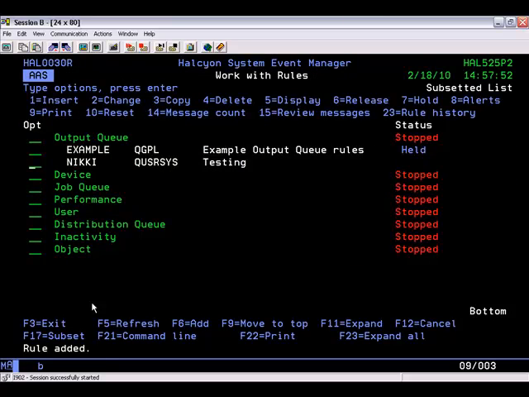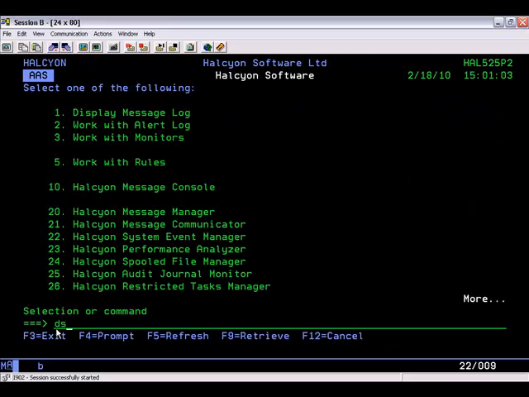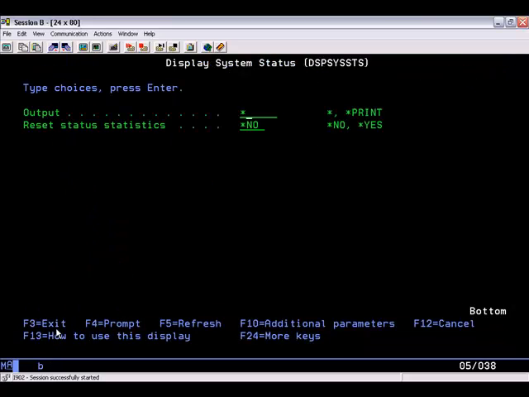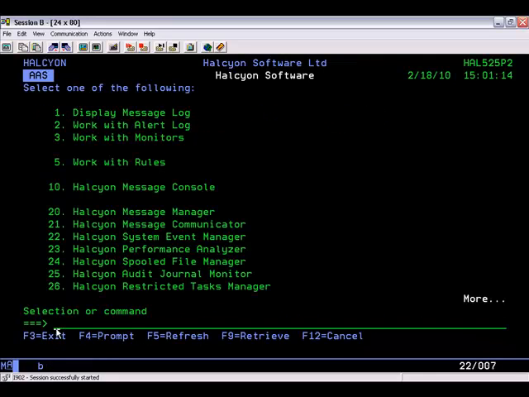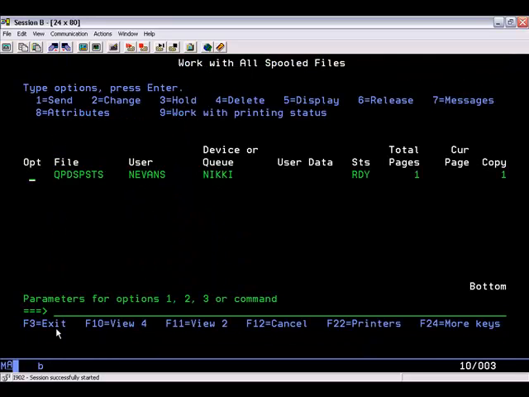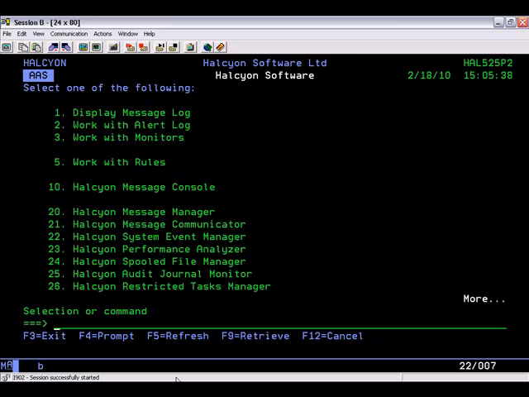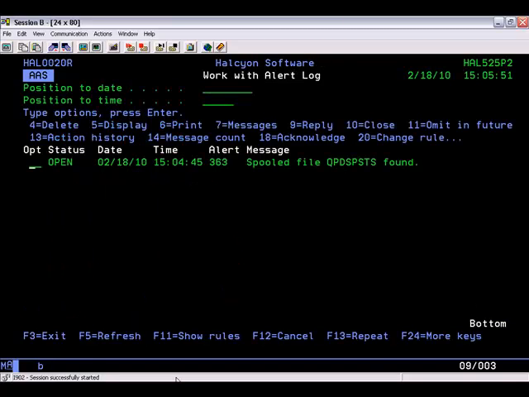So what we can do now is ensure the monitors are started, and then we can generate a spool file. So I'm going to create a very simple spooled file, which will now be on my output queue. In order to check that Halcyon has detected the spooled file on the output queue, we can take option 2 to work with alert log, and you can see that there's an open alert in here where it's found the spooled file that I created onto my output queue,